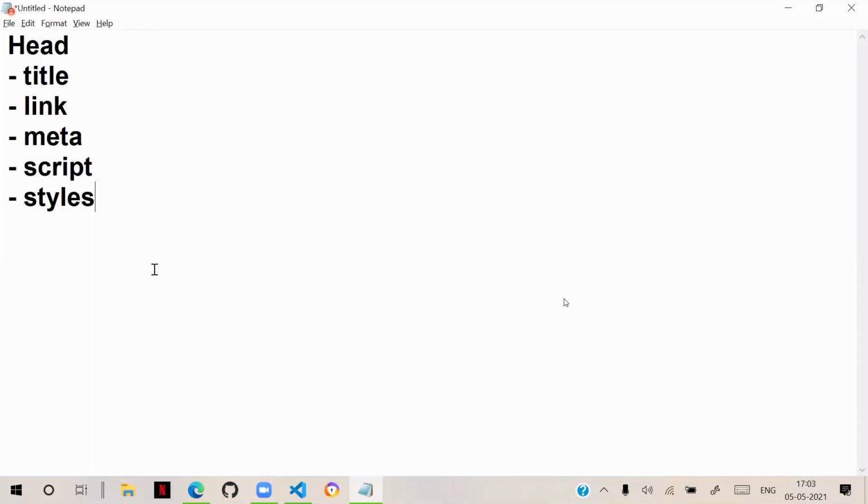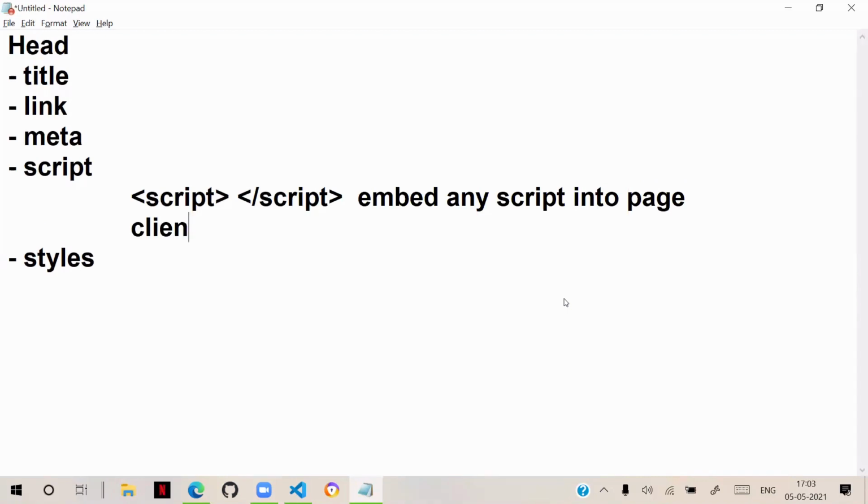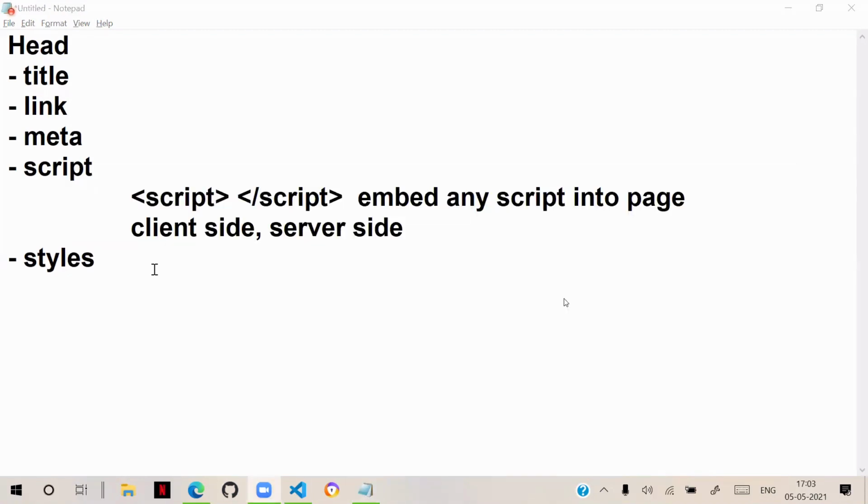As of now, you should know that script is an element used to embed any script into the page. It can be a client-side script, or a server-side script also. Server-side script also you can embed into the page by using script. Later you will learn, because that you will generally learn in the concept of JavaScript.